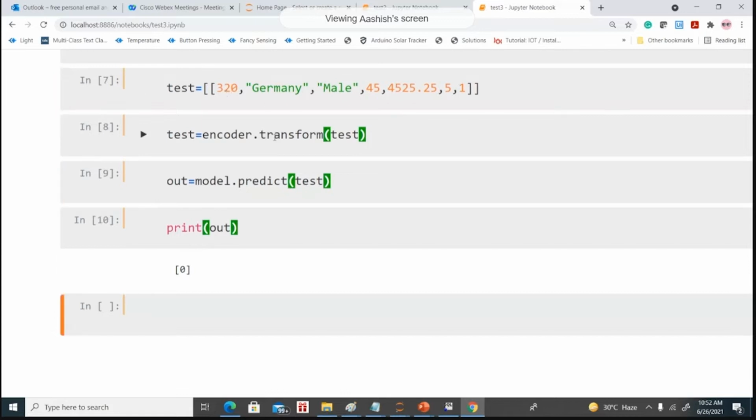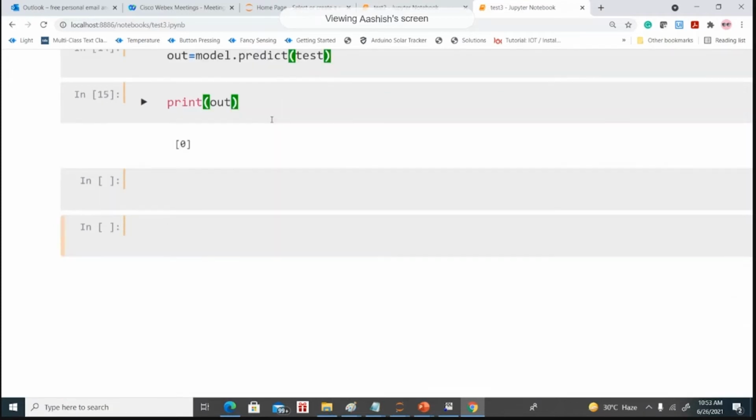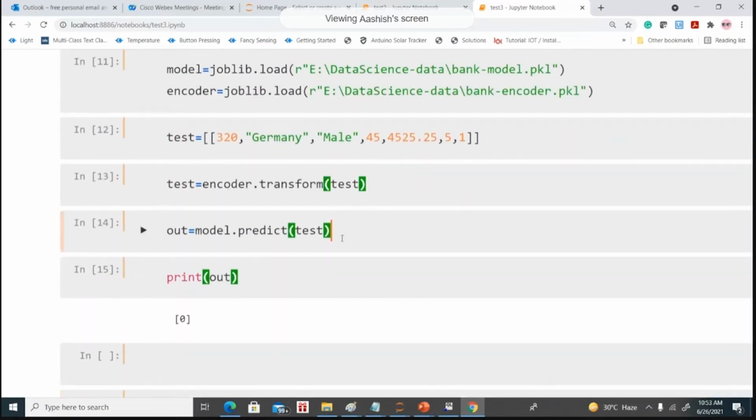So let's suppose the customer is using 5 products, and the customer's credit score is below, say, 320. So it's predicting as this. Okay, let me just load it again. So we have this one. Okay, something of 4, and the customer is female.